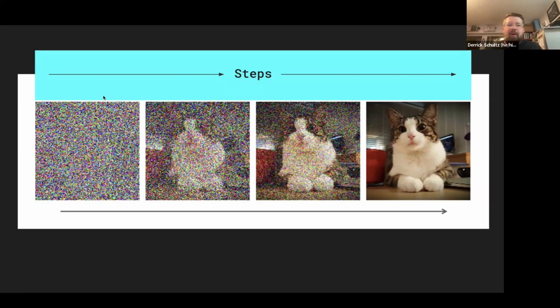So if you were to go from pure noise to an image in one step, the model wouldn't really know how to do that. It's too fast of a leap. It's like trying to learn calculus as a kindergartner, right? You don't have enough of the understanding to actually make that leap. You could try to do it in 4 steps, but again, now you've learned basic arithmetic and you're being asked to learn physics or something, right? It's again too many steps between the things. So usually you need anywhere between 10 and 30 steps. That's the baseline that people shoot for, between 10 and 30 steps to get to a good image.